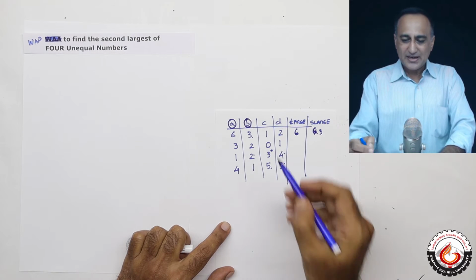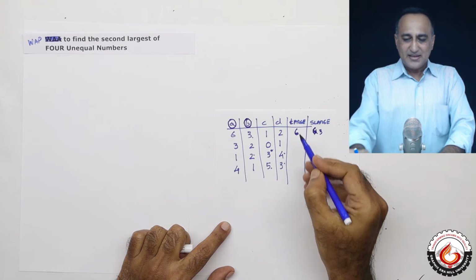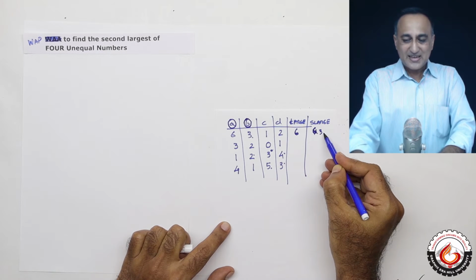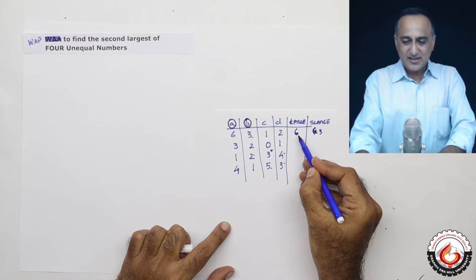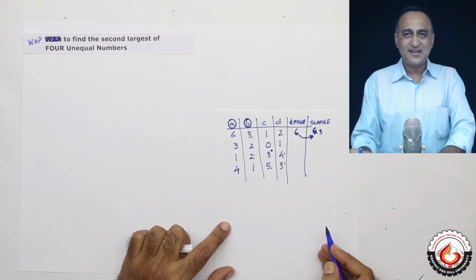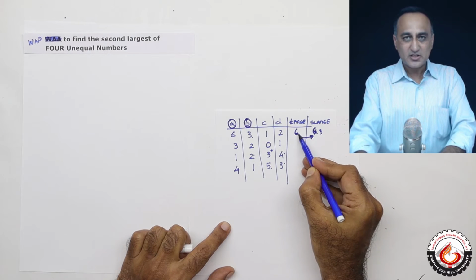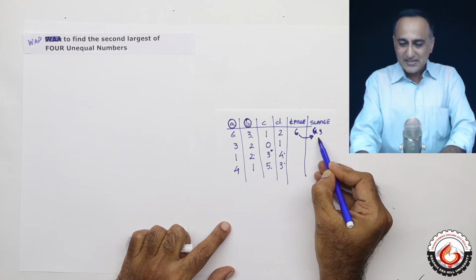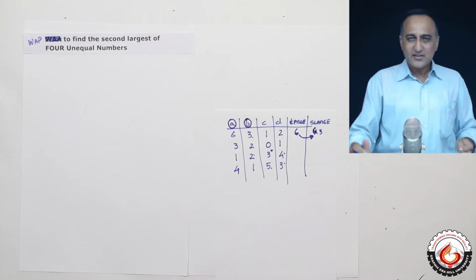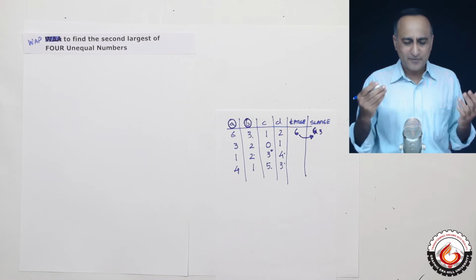The next step is I take a look at C. Now C has two cases. C can be greater than the large or C can be greater than the second large. In case C is greater than the large, then C will replace this large and large will end up becoming second large. This same approach again is used for D. D is first compared with large. If D is bigger than large, large is replaced with the value of D and the old large is moved to the value of second large. This will be clear in a minute when we develop the pseudocode logic and then we do a couple of tests.